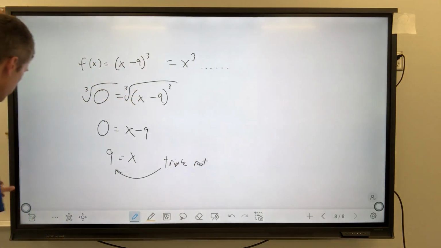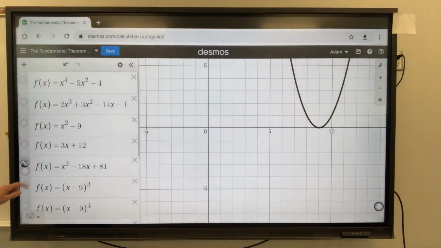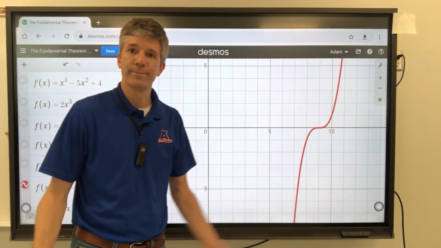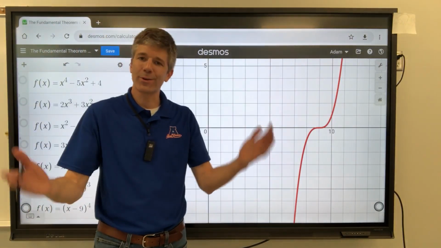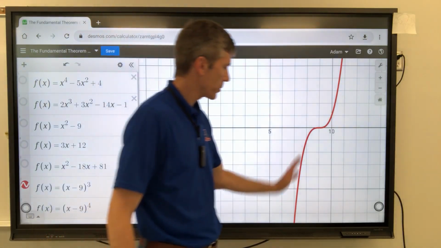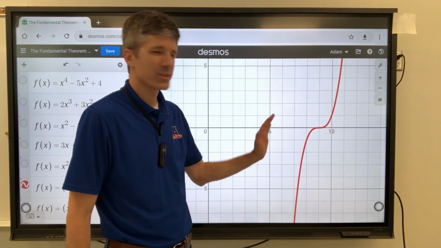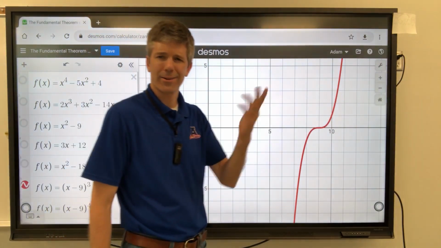Let's see what that looks like. So let's go to the graph quickly as possible. That was the previous problem, and now we have a triple root. Oh my goodness, that looks cubic. Who knew, right? This looks like a cubic function. This is why we learned all those things at the beginning of the year. Cubic, like that. So if you have the situation where it just sort of looks like it's lying on the axis for a minute,